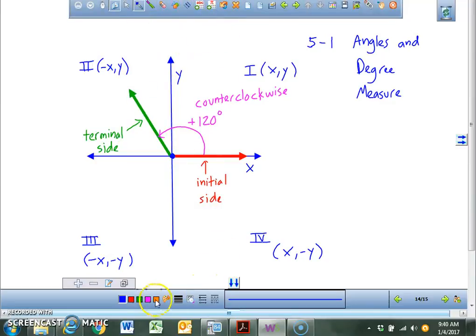So if I do that, change colors here. What if I start here and I go not counter, but I go clockwise? How many degrees have I turned? If counterclockwise is positive, then clockwise is negative 240